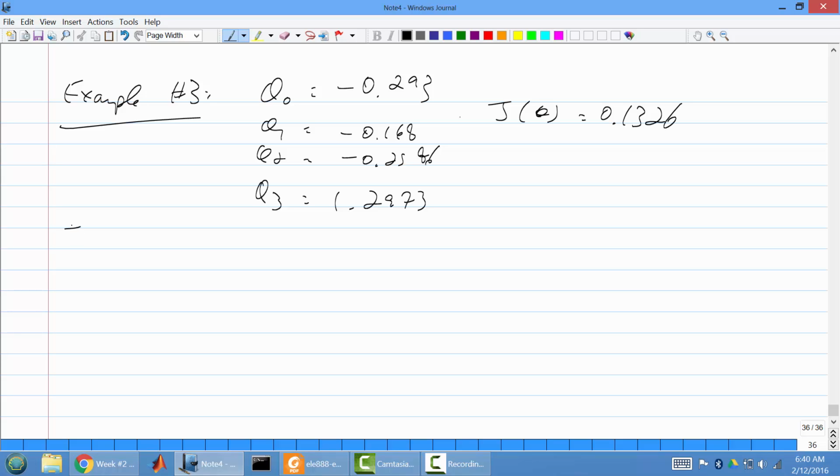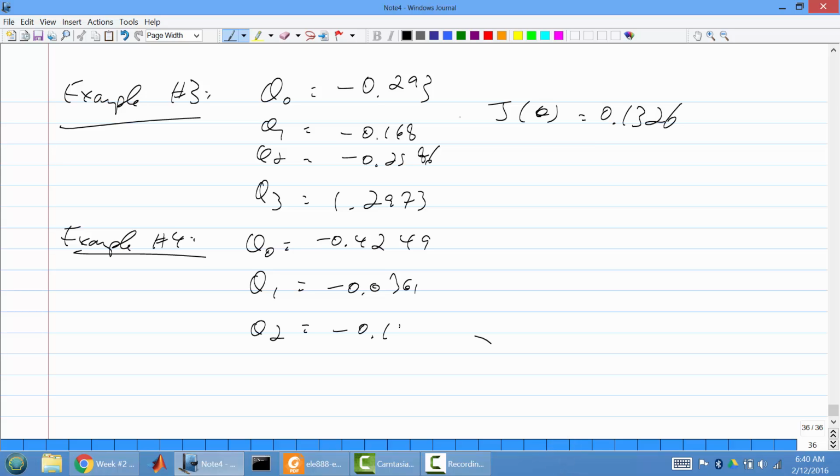And finally, if you want the last example for the first iteration, this is equal to minus 0.4249, minus 0.0361, minus 0.1927, finally, minus 1.2709. And the associated cost is